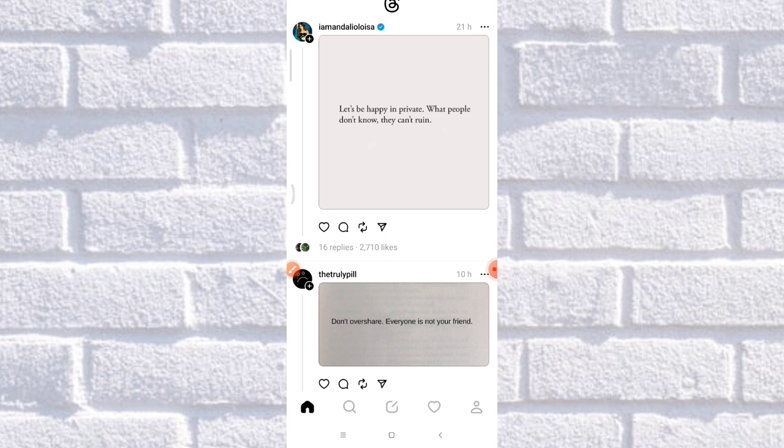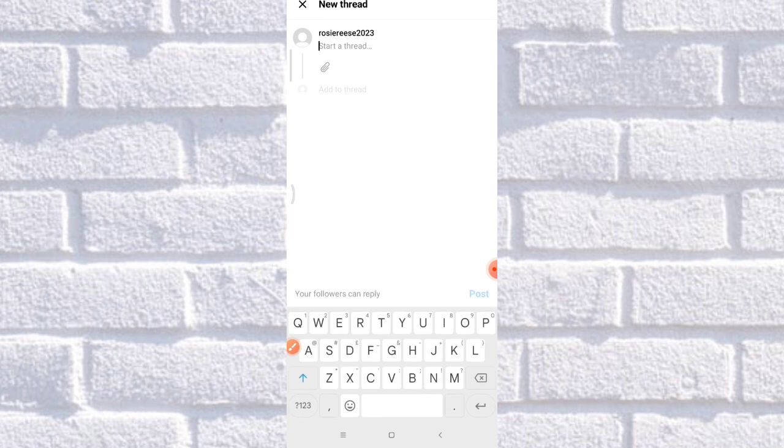As you can see right now, guys, I am in the homepage of the Threads app, and once it loads, we only need to find the third button, the edit one. So tap on that. Once you tap on that, as you can see, it will pop up this page